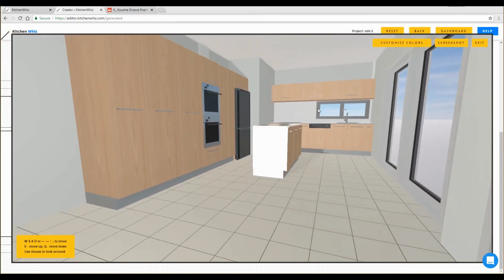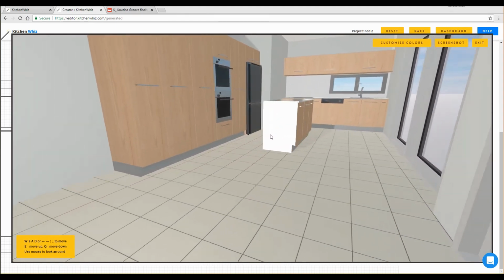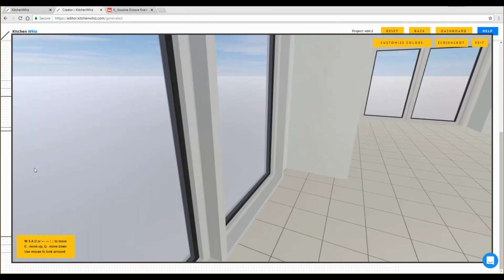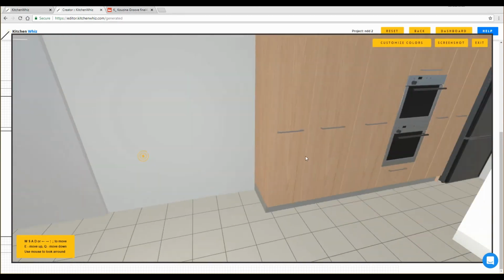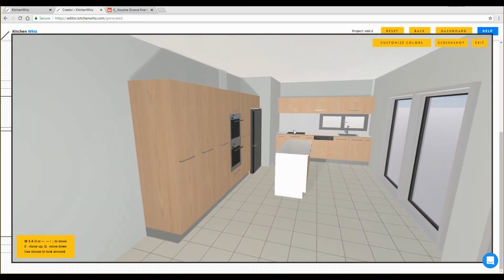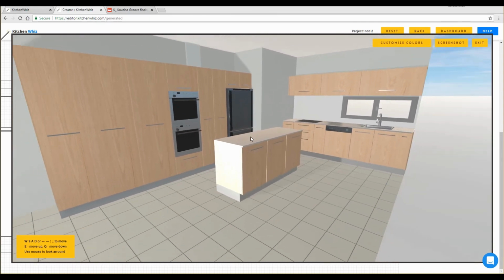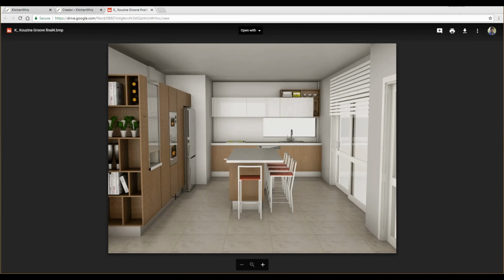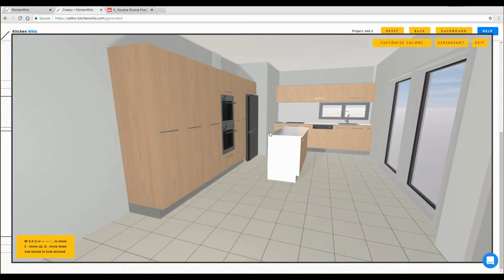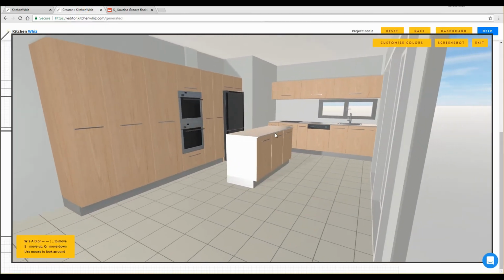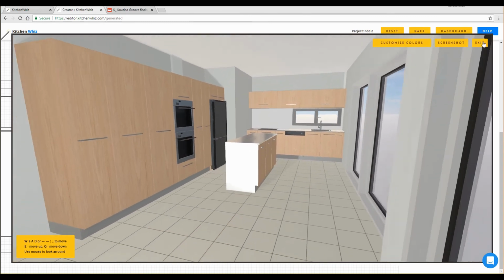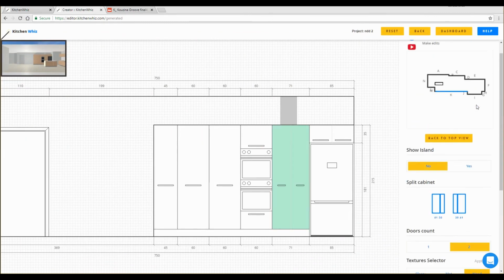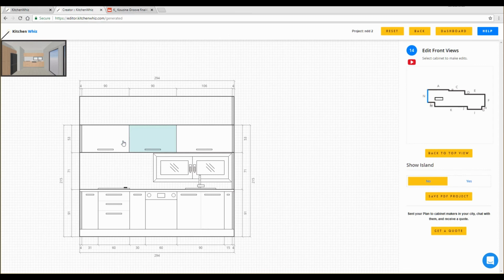Here the side of the island is very bright because we have too many windows in the room, and this is probably something we have to fix. We have to better improve in KitchenWhiz. So let's compare the color. Here it's a bit darker because of the general lights in the room here. So I think this looks okay,